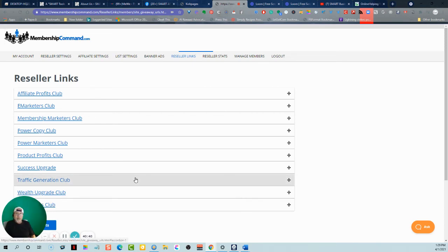As a member of the Smart 1K project, you get free access. These are paid membership sites. Normally, there's two levels: silver and gold. The silver level comes in at $27 one time, and then you get lifetime access. And then there's an upgrade to the gold level. That's another $27. And in each one of those, you've got 10 video courses, and they really go into depth